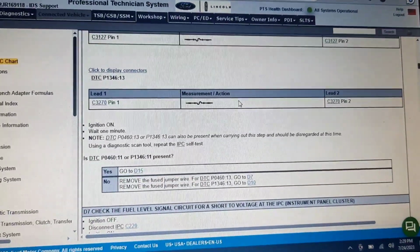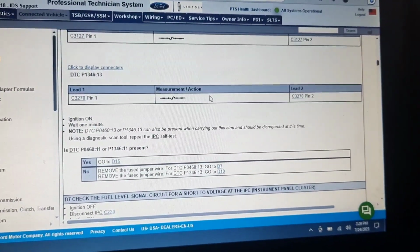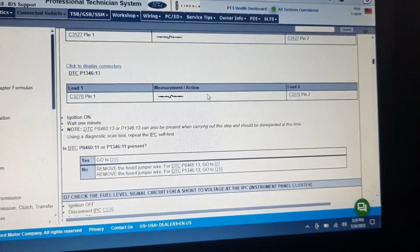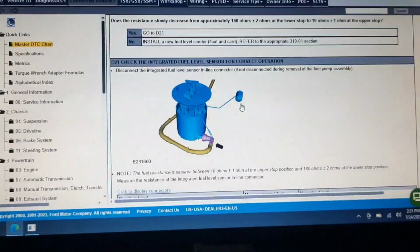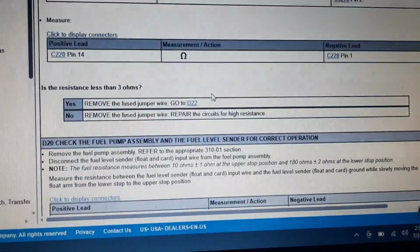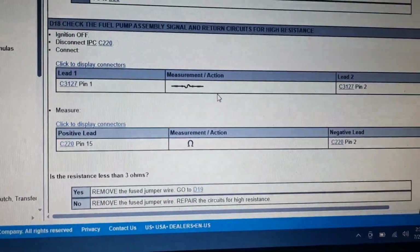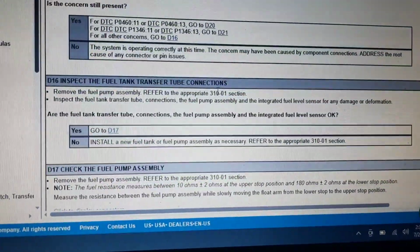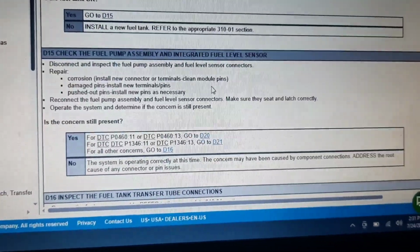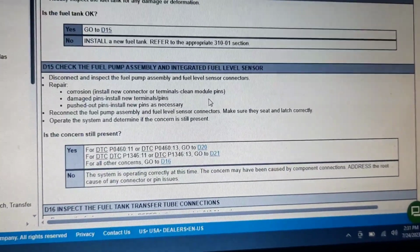So since the next step is to remove the fuel tank and the customer's only approved an hour of diagnosis, let me run through this pinpoint test and see what else it could be and talk to the customer. Alright, so it's looking like it's either going to be a wiring problem or an issue with the fuel level sensor, which is the float on the pump. Since the next step is to pull the fuel tank out and inspect it, let me inspect the fuel tank for damage, see if it's been hit or anything, and if it hasn't, I will talk to a drivability tech